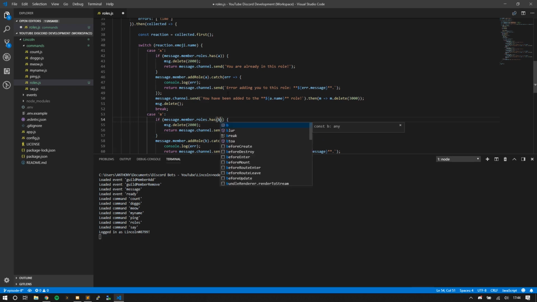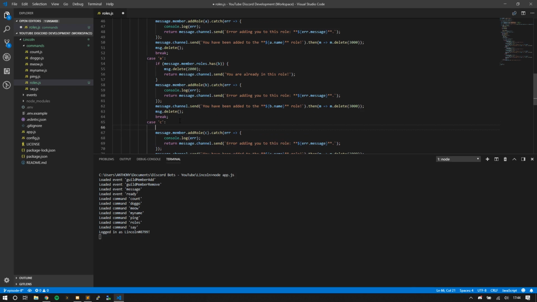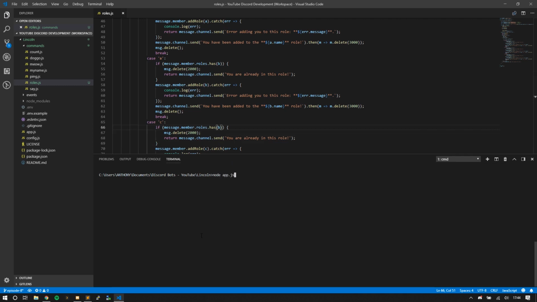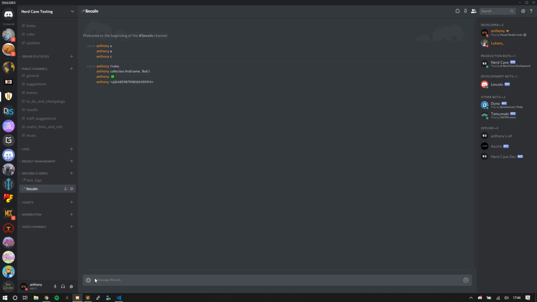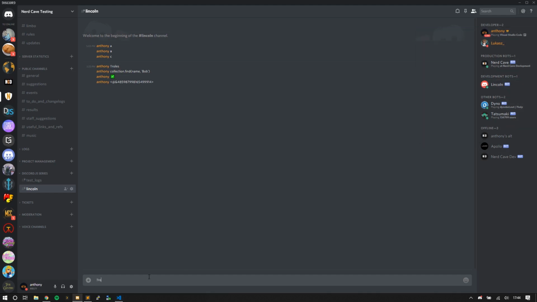And we'll pass that through to the other case statements. So B and C. You don't want it to continue with anything if the user is already in the role. That would be a bit redundant. So since I'm already in the administrator role, I'm going to go ahead and run roles. Oh wait, never mind, it just took a moment. So if I go ahead and do this,